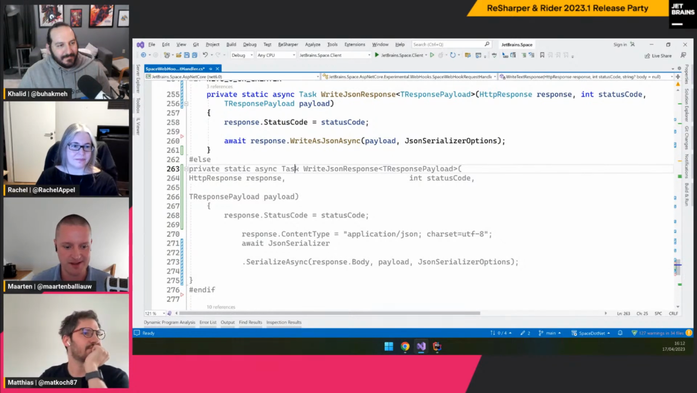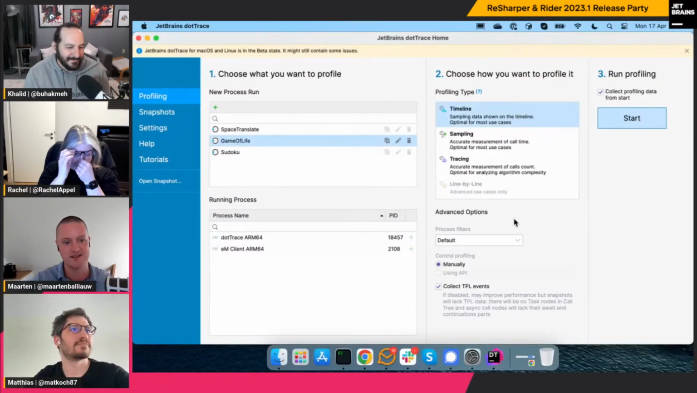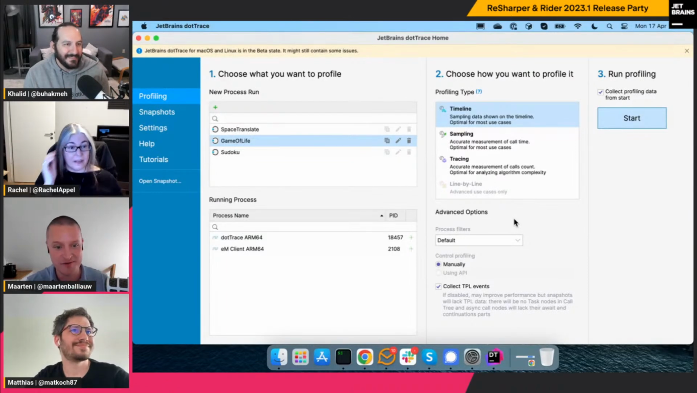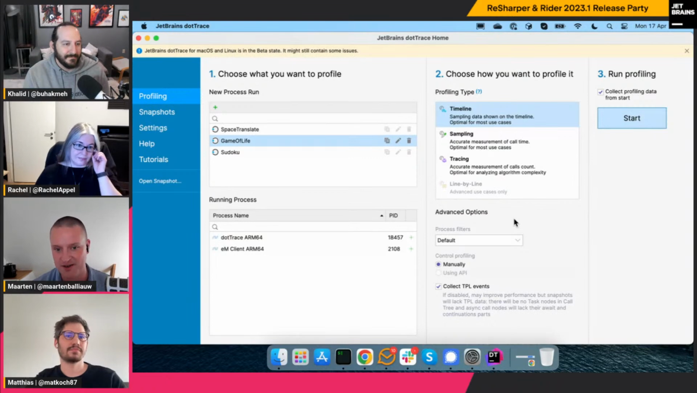So the next thing we have, we're just going to switch gears a little bit and dive from code into another tool. I'm going to switch to my other machine, and my other machine is a Mac. And on my Mac, you will see .trace. Woohoo, finally. Our profiler is now available on Mac. It's available on Linux,